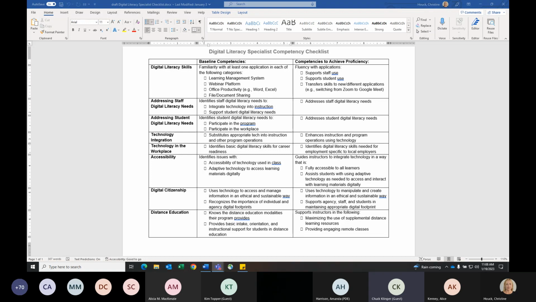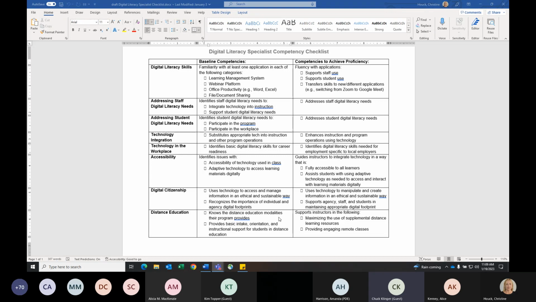And then the last one has to do with distance education and understanding the modalities that your program's using. So hopefully the digital literacy specialists can speak to all the different ways that you're using distance education, whether it's supplemental, whether it's remote classes, whether it's HyFlex classes, and also how you're preparing students for distance learning.